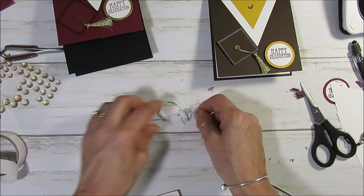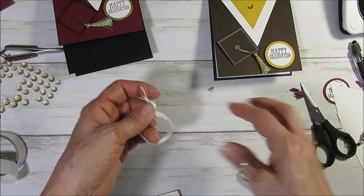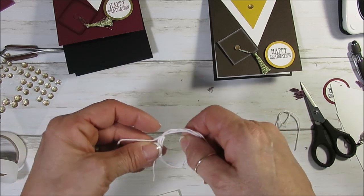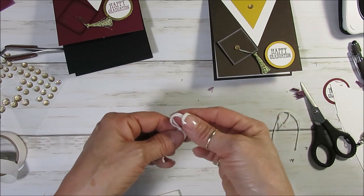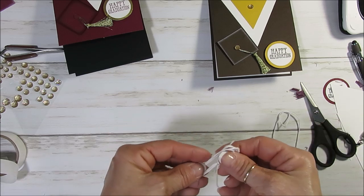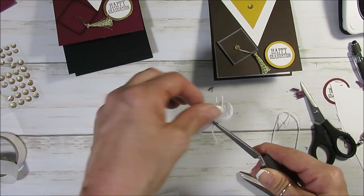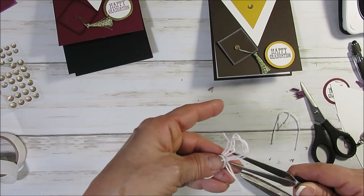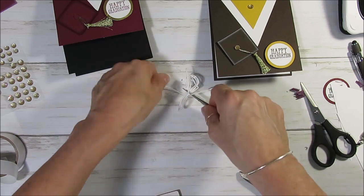I could use my tweezer too. Oops, I missed here. Let's try this again. I'm trying to rush, and that's even worse. Okay, let's put this here right in the center, and then I'm going to get myself an extra hand here. I'm going to use my tweezer. Make sure that I keep that at the top. And then we're going to take this